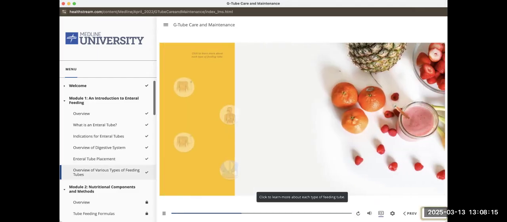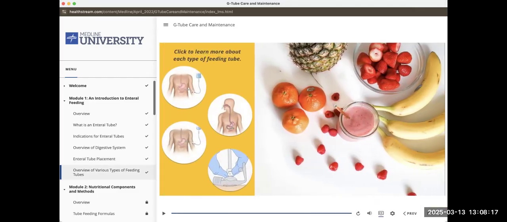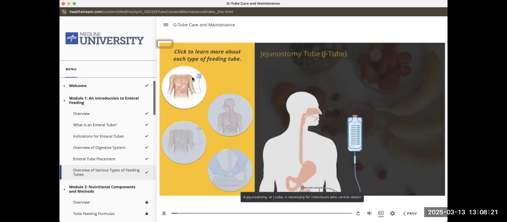Click to learn more about each type of feeding tube. A jejunostomy, or J-tube,